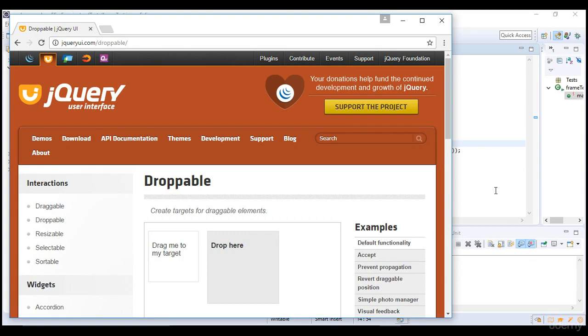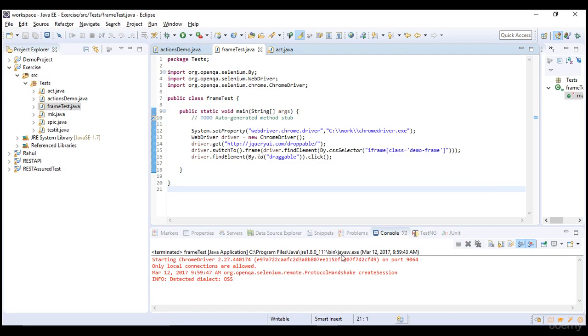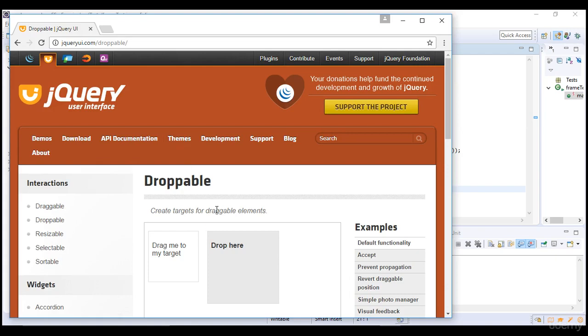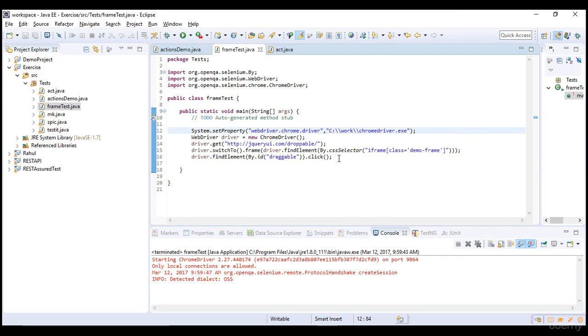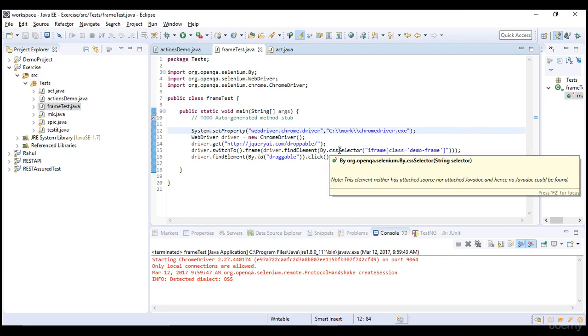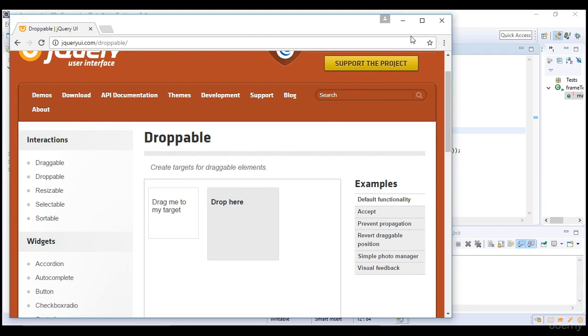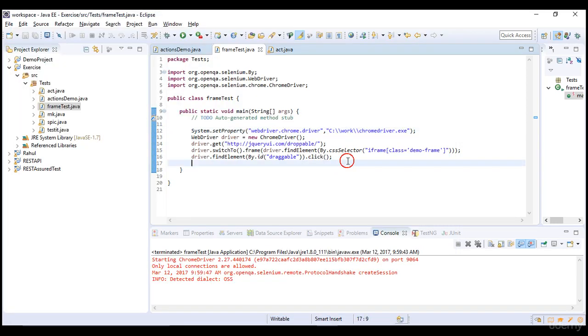So you see that there is no error. It just clicked on it, but there is no action. If you just click, nothing happens. So we did not see any drag, but it identified. Now, just to make sure to have a proper validation, I'll bring the drag and drop concept here of actions, which I told I'll do in frame.